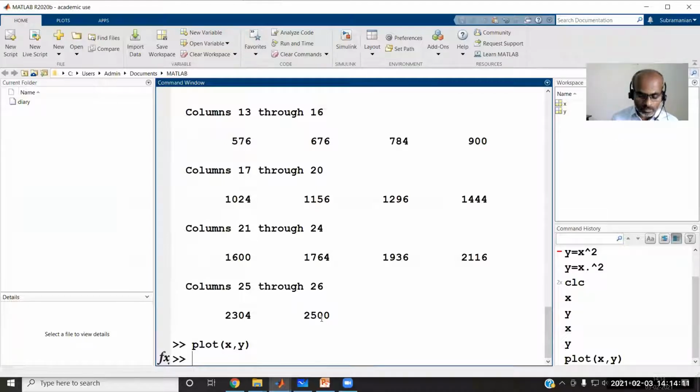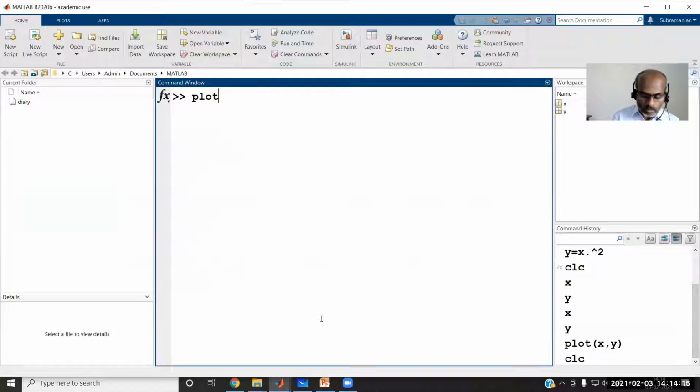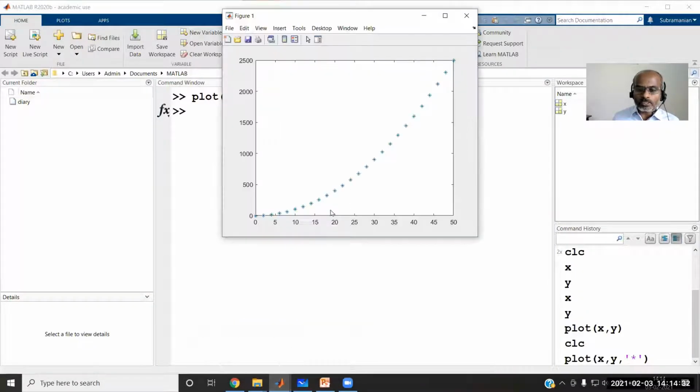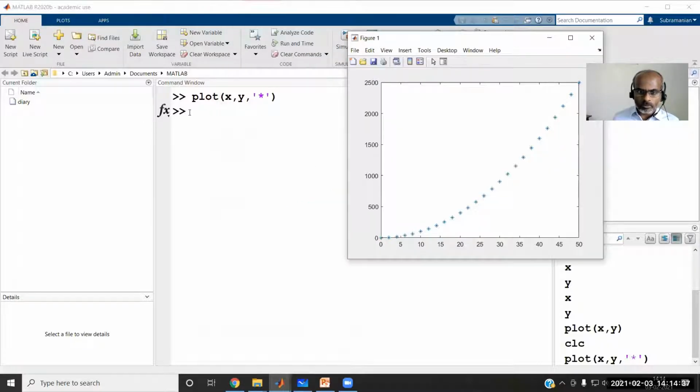CLC, plot x comma y comma, and in single quotes you can give whatever marker you want, and the points are to be connected. If you simply give this marker alone, let us see how it looks. You can see only the points are marked, and of course x and y are available.